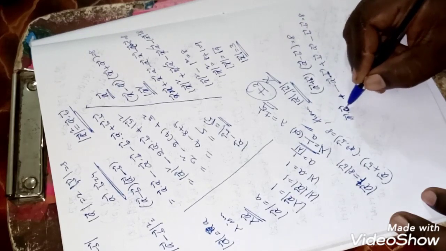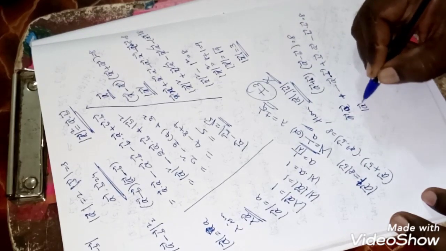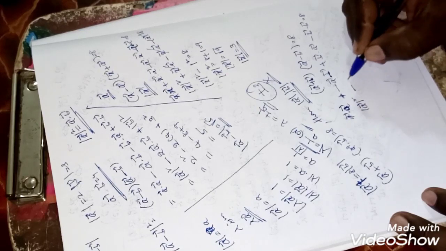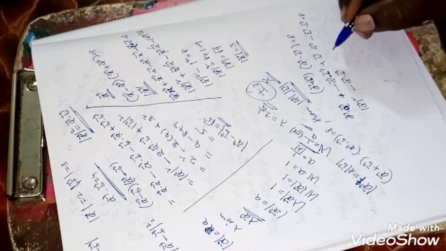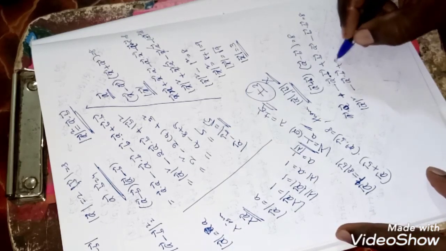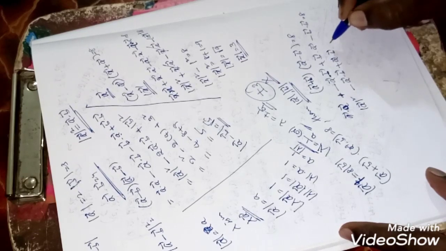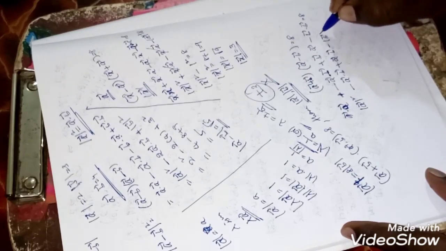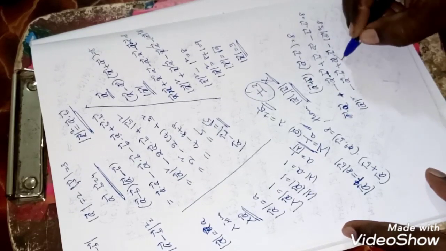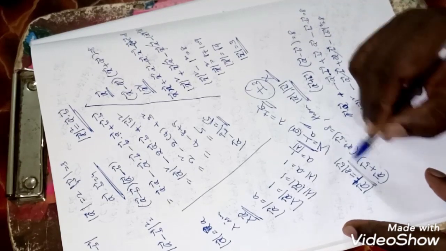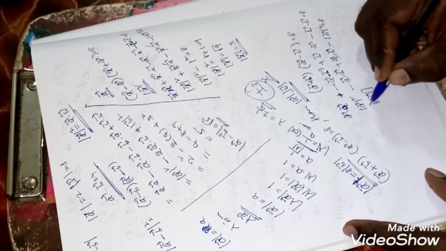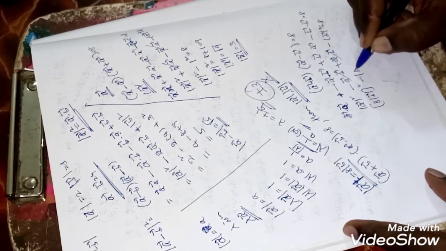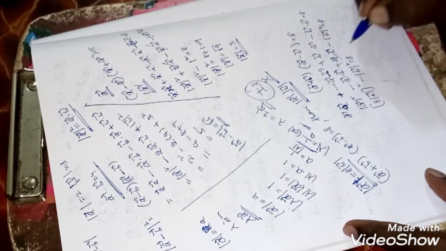Now this is a bar dot a bar, which gives modulus of a bar square, minus a bar dot b bar. The scalar product is commutative, that's why this one is plus a bar dot b bar, minus modulus of b bar square is equal to 8. Now both get cancelled, but we know modulus of a bar is equal to 8 times modulus of b bar. That's why 8 into modulus of b bar square minus modulus of b bar square is equal to 8.